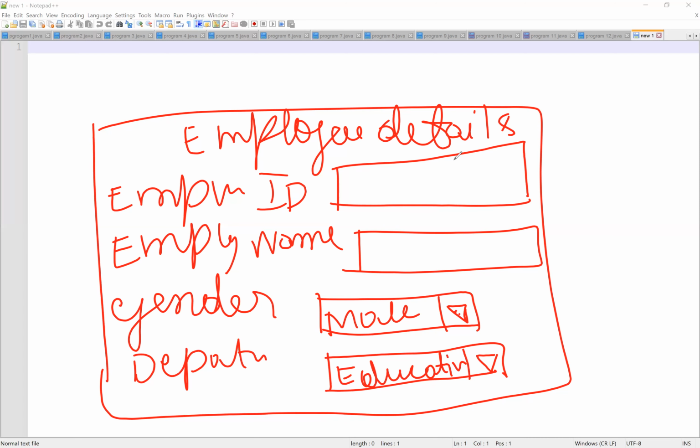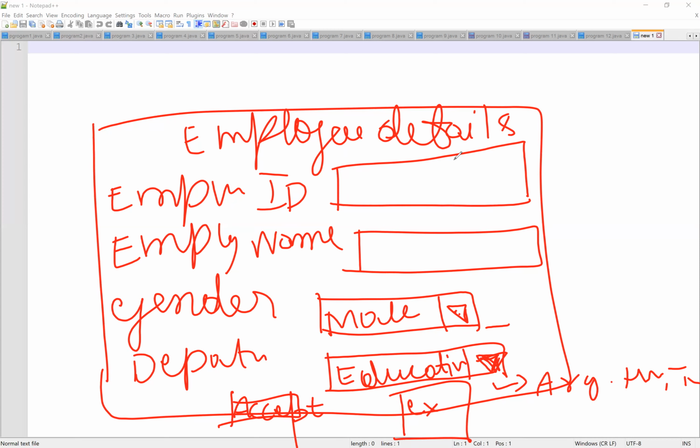If you click this button, it needs to show other options like agriculture department, health department, technical department, and so on. The list will be displayed only if you click this combo box. After that it needs to have one accept button, and another exit button.